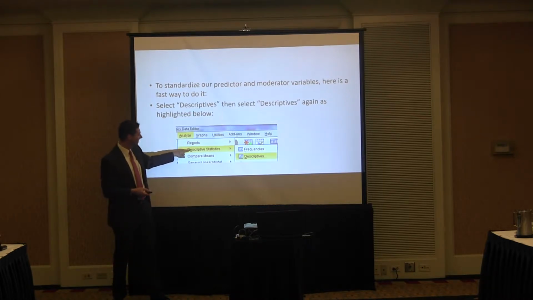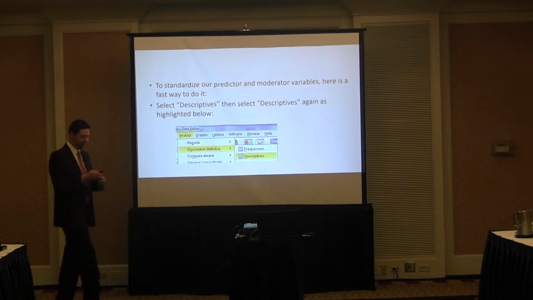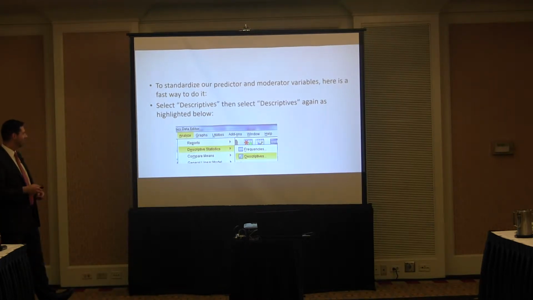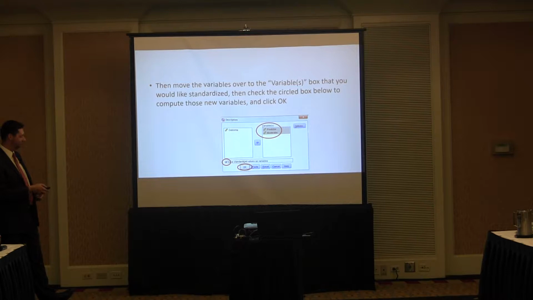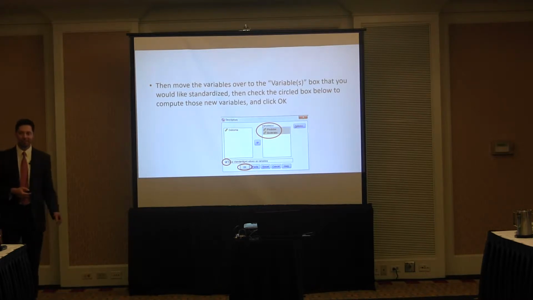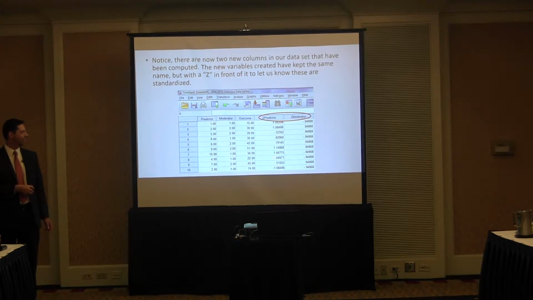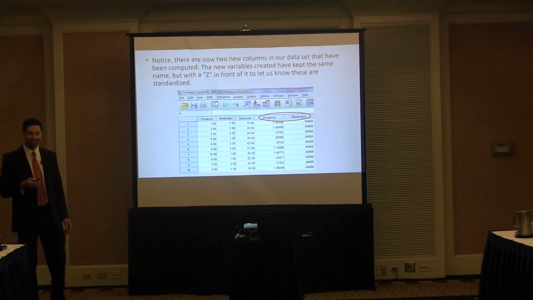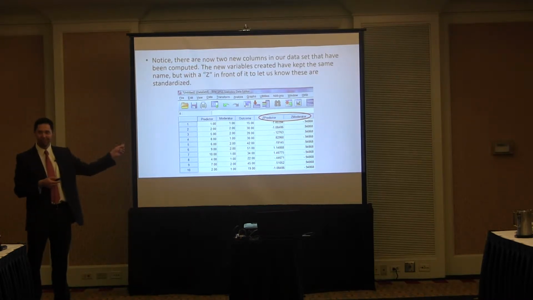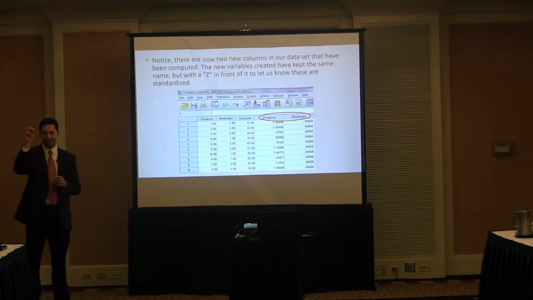You click Analyze, Descriptives, and then Descriptives again. Oh, I have a laser, don't I? I haven't used the laser yet. Then we click on the arrow to move these 2 over here. And if you check this little box here that says Save Standardized Variables, it's going to create 2 new variables for you at the end of your variable list. They'll have the same variable name, but with a capital Z in front of it. See how that works? So if you call this variable co-parenting, it's now capital Z co-parenting. All right, with me so far? So that's how we standardize it.